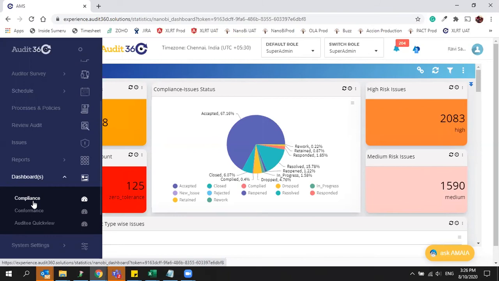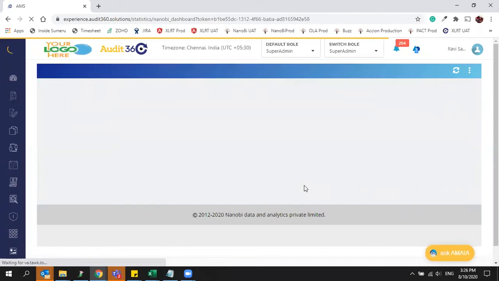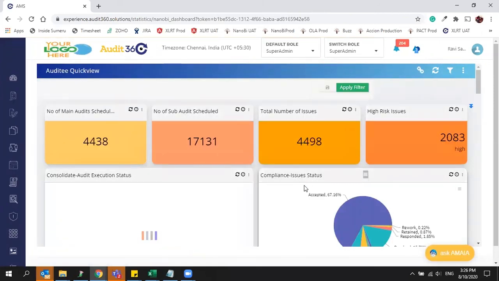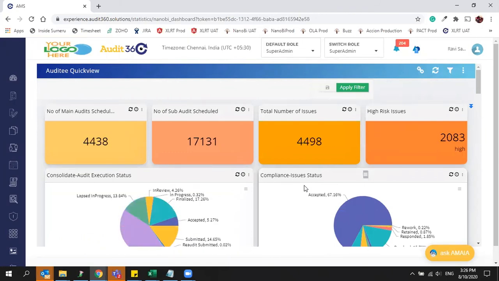Currently, we have created one more paid version dashboard called Audit Quick View. Audit Quick View gives the information of conformance and compliances. What you are seeing in two different dashboards is clubbed as one particular dashboard, and you can see it in one single view.